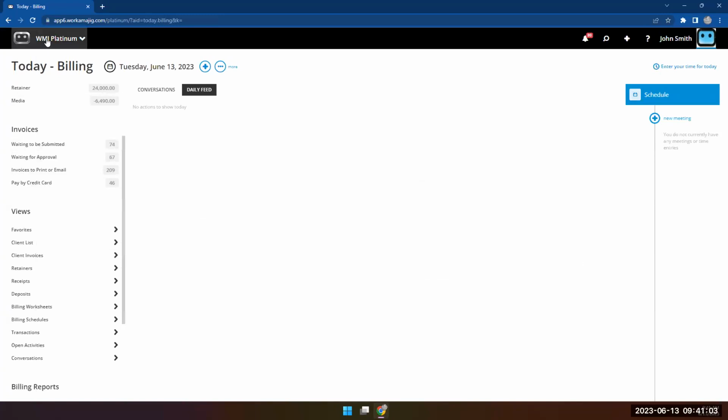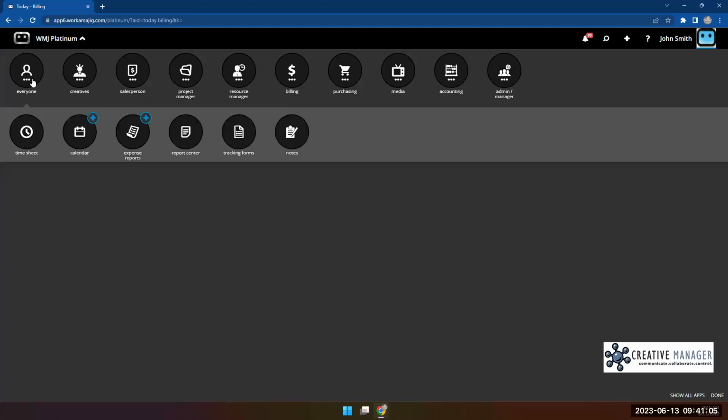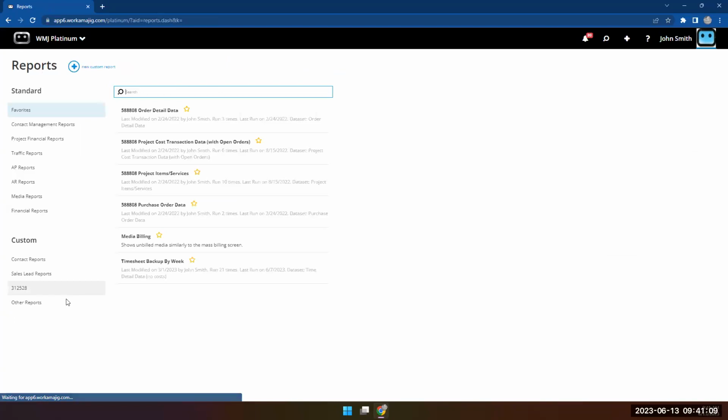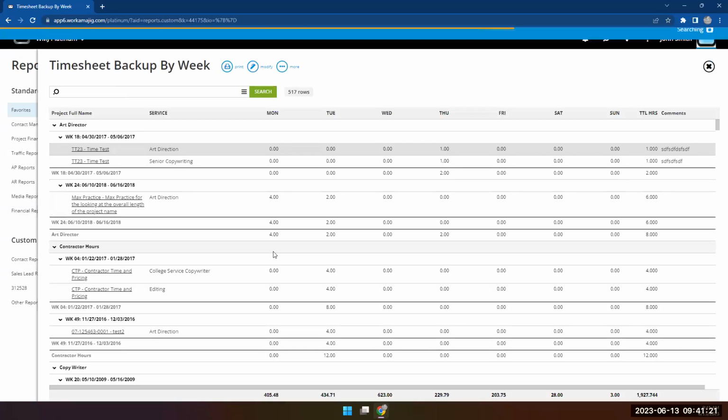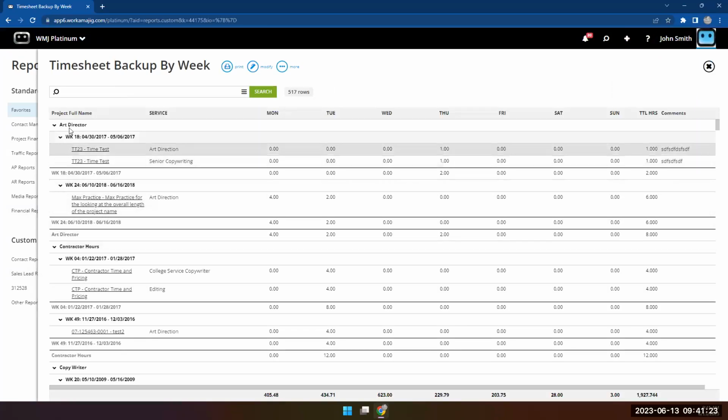Reports allow me to do a bit more, and that's just because of the nature of the report. So I'm going to come into my report center. Okay, and I had a couple ones, and this is a pretty common one I give as well, the timesheet backup. Okay, and so what did I do here? Just to give you data, I don't have that much data, so I'm just going to report it. Okay, so what I got was the user